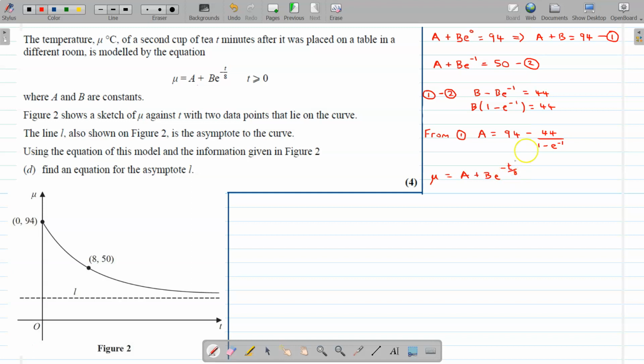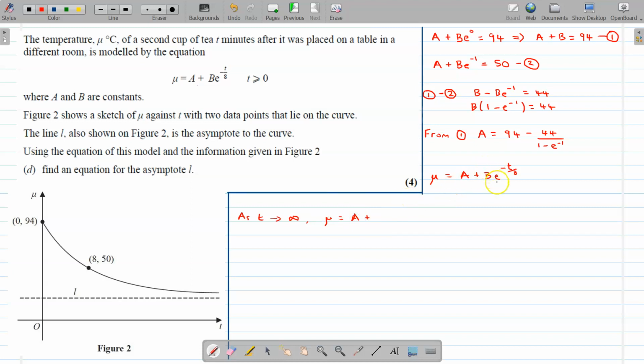Now the asymptote is the horizontal line down here, and we've got to find the equation of that. The curve approaches that line as t tends to infinity. So as t approaches infinity, mu equals A